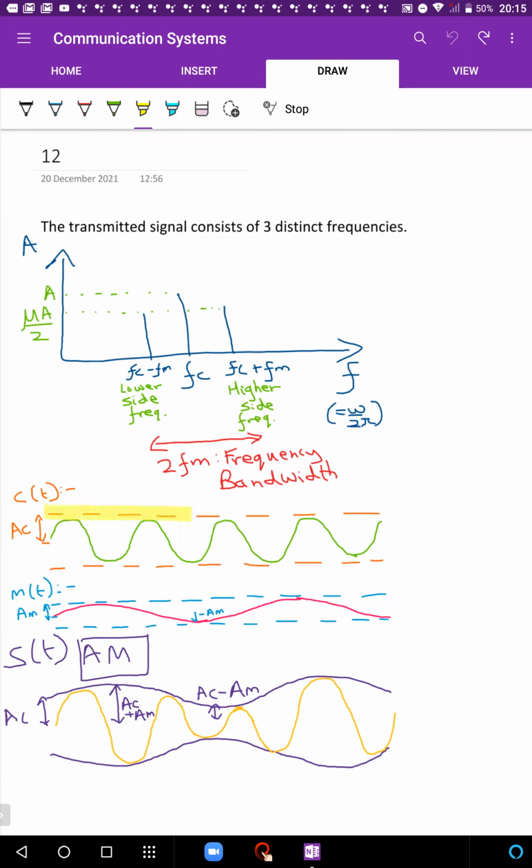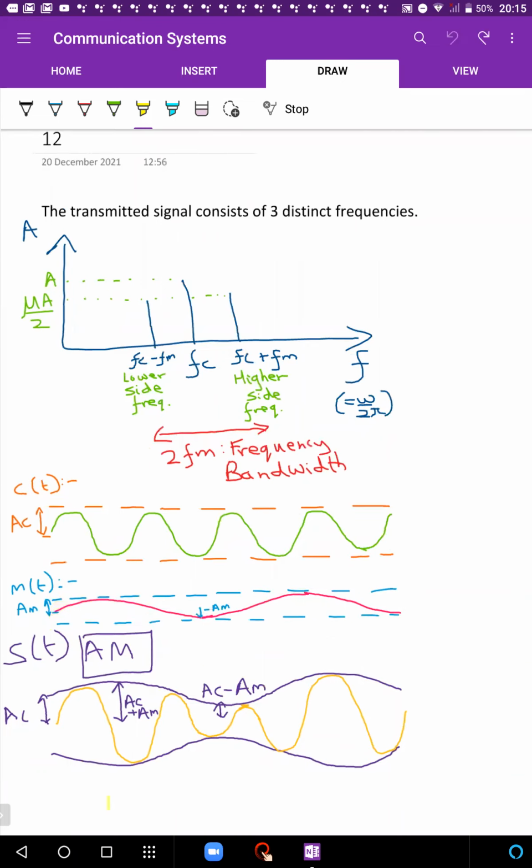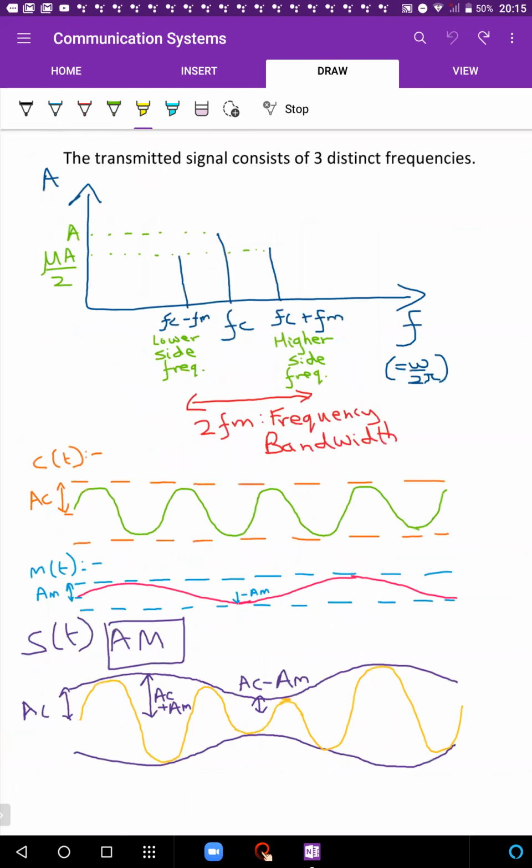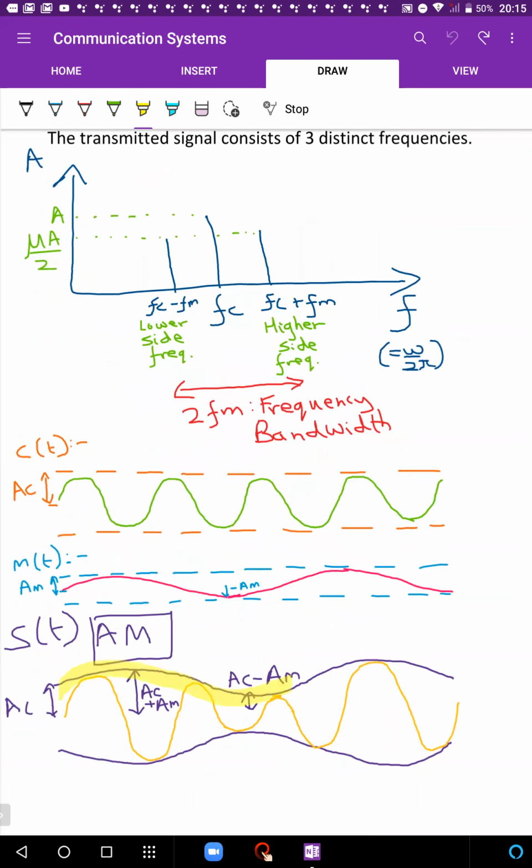So its amplitude is varied based on this incoming wave. So that mathematical function we will adjust. Instead of keeping the amplitude AC, we keep AC plus the function of this wave. This wave varies sinusoidally with time. So because it varies sinusoidally with time, the signal that goes out has the same frequency as the carrier, but its amplitude is AC plus this wave.